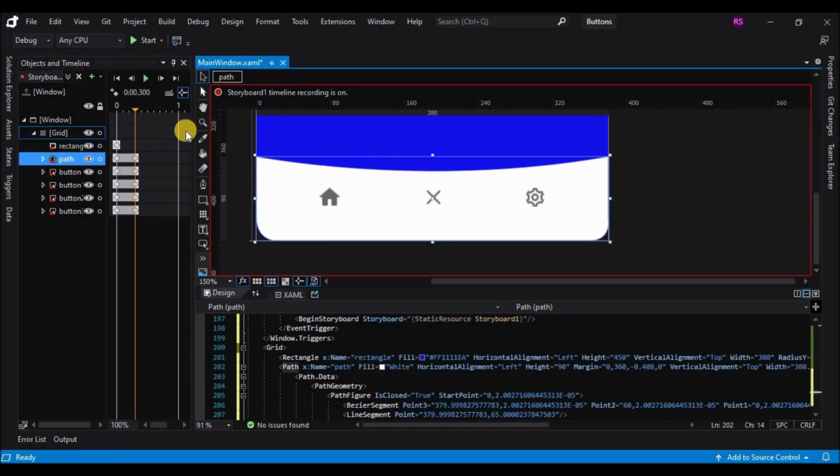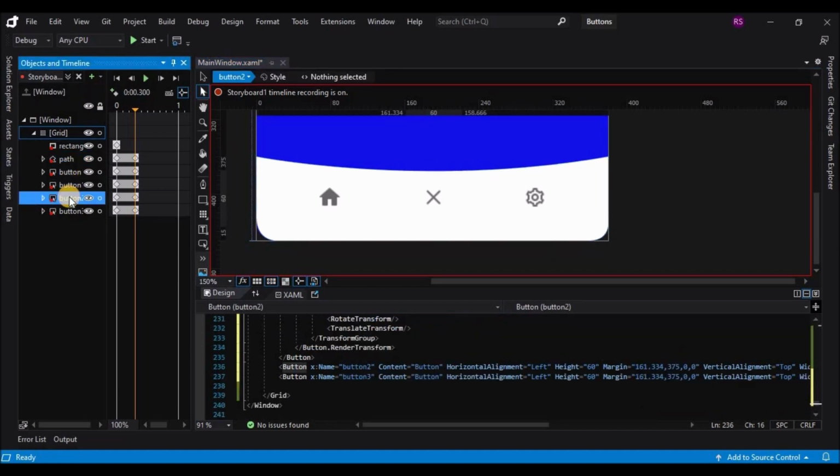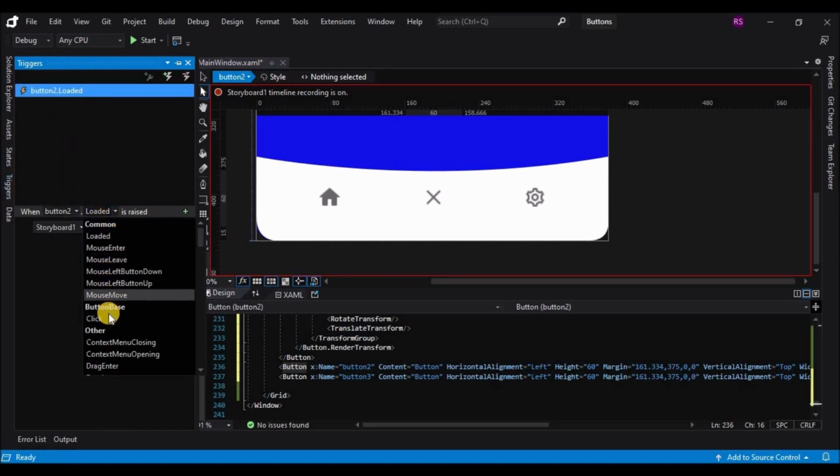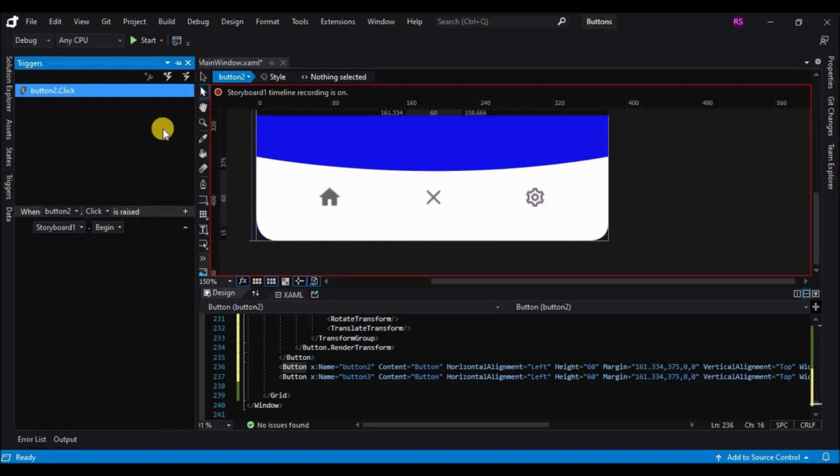So now we are selecting the plus button and going to triggers and changing the window to button 2 and the event to click, and let's save this and run the application. So when you run the application, you will see that on click of the plus button the animation is triggered. So this is the last position of the animation. Now we have to start from here for the second animation. So let's add one more storyboard.